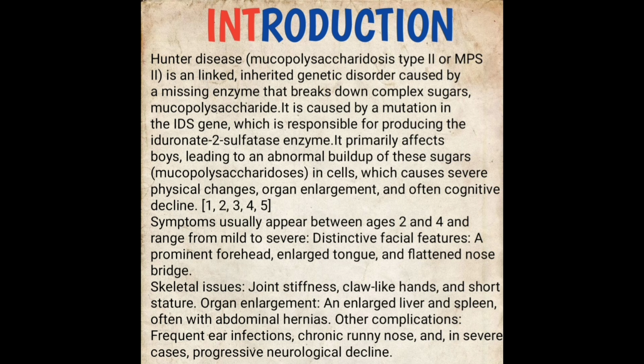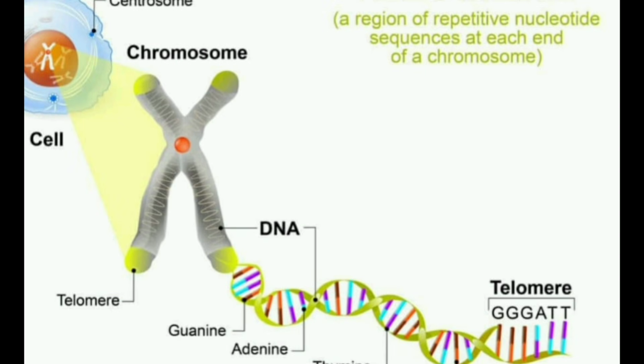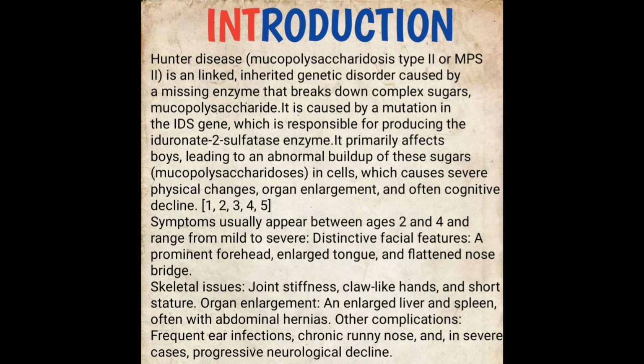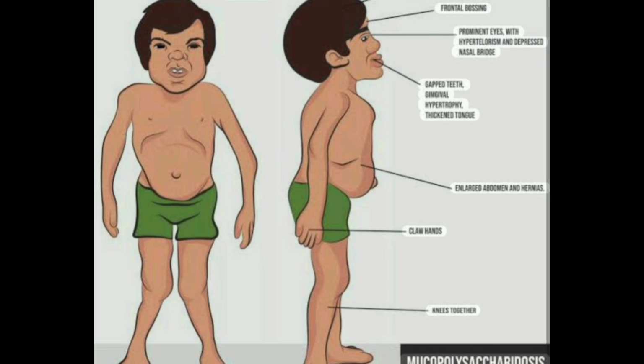The introduction: Hunter disease, you could call it MPS2, mucopolysaccharidosis type 2, is an X-linked inherited genetic disorder caused by a missing enzyme that breaks down complex sugar, the mucopolysaccharides. It is caused by a mutation in the IDS gene, which is responsible for producing the iduronate 2 sulfatase enzyme. It primarily affects boys, leading to an abnormal buildup of this sugar, and that disorder is called